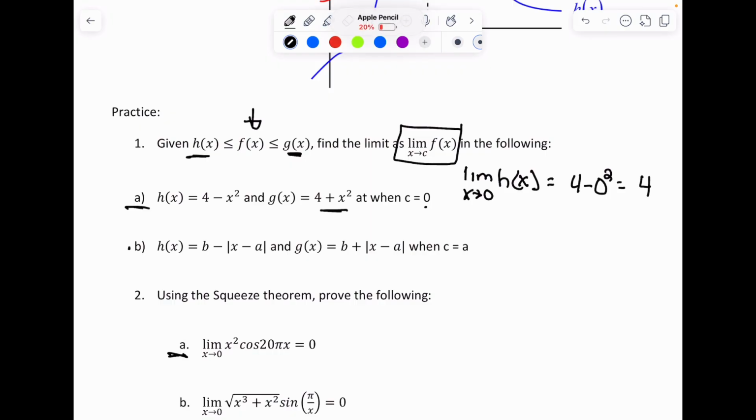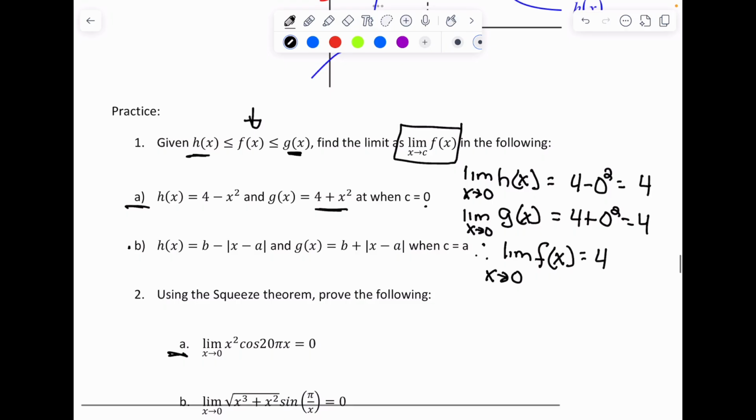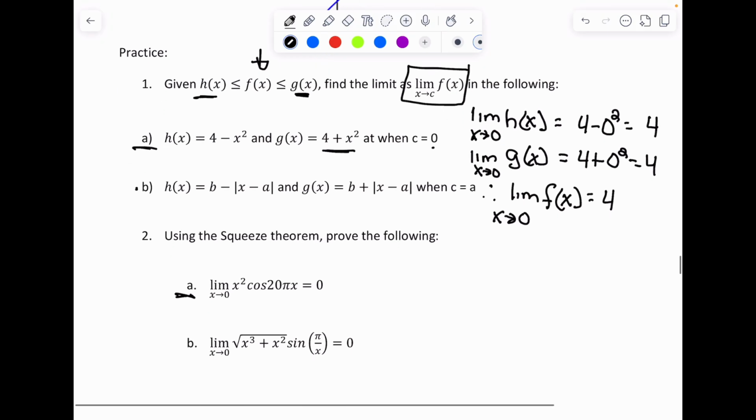And then we would have to find the limit of g of x. So the limit as x approaches 0 of g of x, again, doing a direct substitution, we get 4 plus 0 squared is 4. And since the limit as x approaches 0 of h of x is equal to the limit as x approaches 0 of g of x, therefore, the limit as x approaches 0 of f of x, which is in between the two, must also be 0. Oops, I said 0, but I meant 4. Okay, now we're going